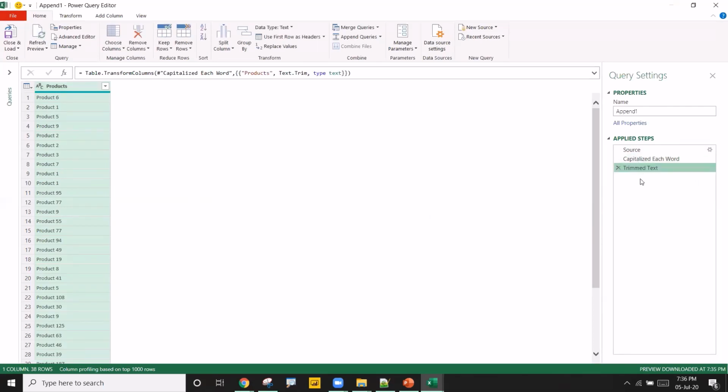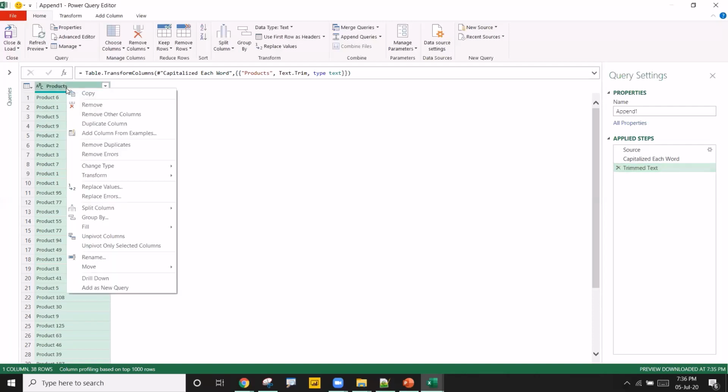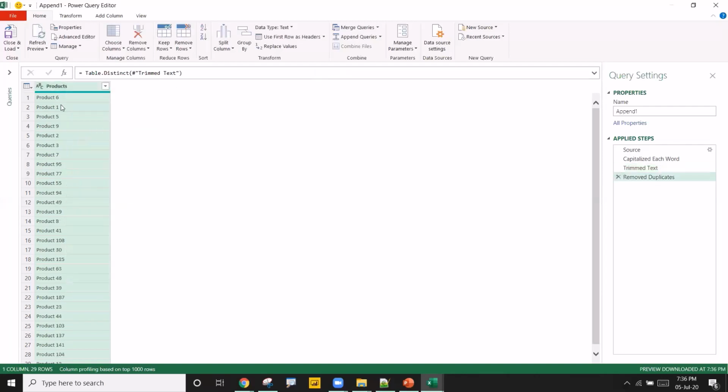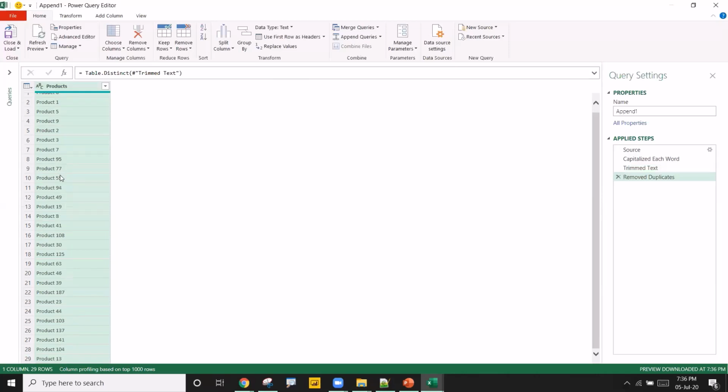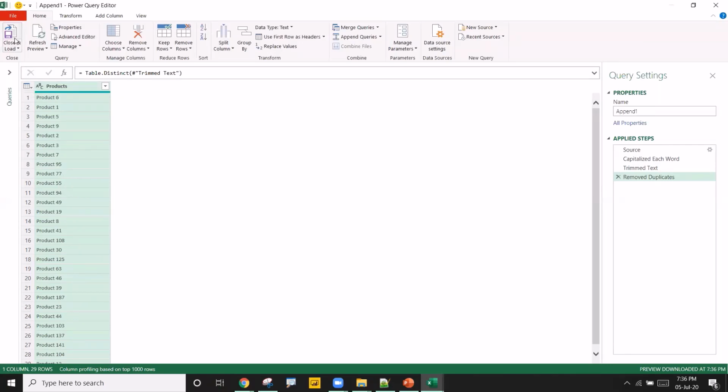If you are aware of macros, it's just like recording a macro, but it is more than that. In a macro recording, you can record it once. If you've done any wrong step, you cannot undo. But here you have the option to close. That's great. Now remove duplicates. Right click, Remove Duplicates. Once I click on it, it removes the duplicates, and it is showing fewer products. Earlier there were more products. Now I click on Close and Load.